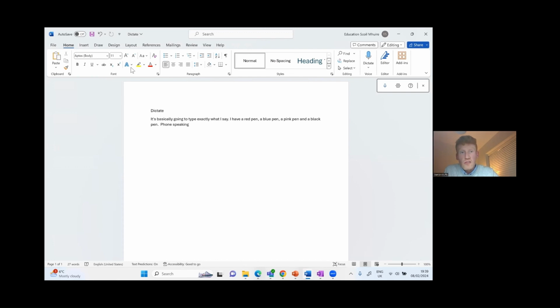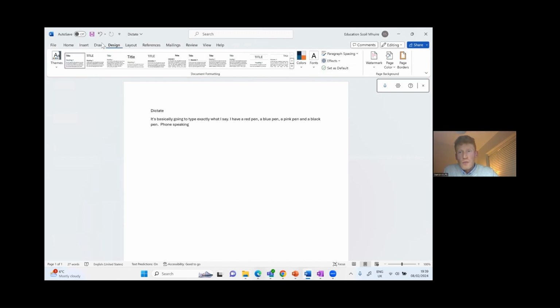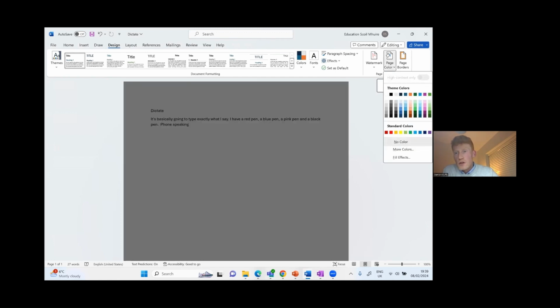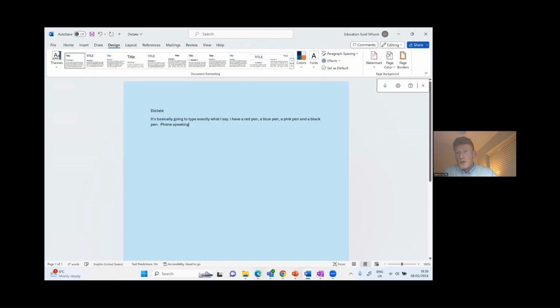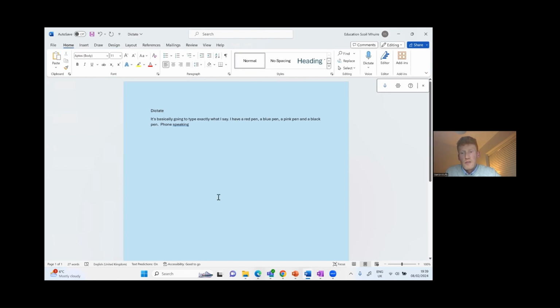You can change that on your Word documents as well by clicking on Design, coming across here and selecting Page Color, and then you can set it to your blue or your yellow or whatever color you prefer, or whatever color the student prefers. Again, SEN departments might want devices set up in a particular way that doesn't autocorrect spelling, doesn't put capitals,